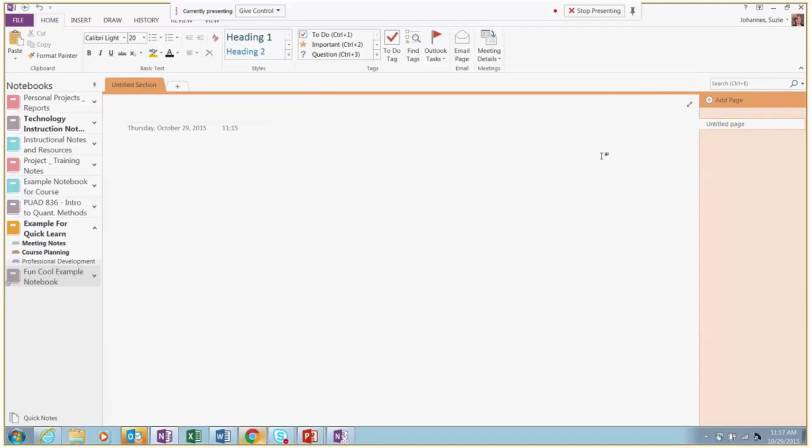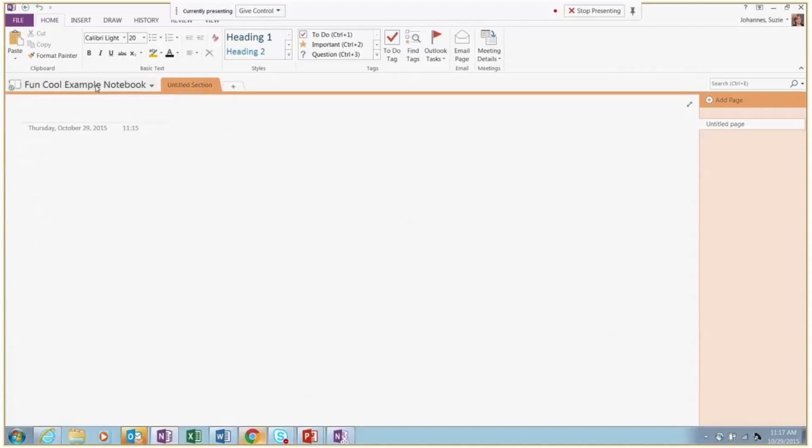Before we get into adding notes, a bit about the interface. Up here, just like in all Microsoft software, this area is called the ribbon. Along the left, we have the notebook navigation pane. Sometimes it can be collapsed like this. I like to keep a list of all my notebooks open.